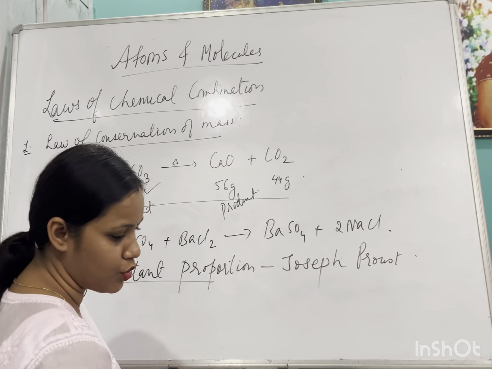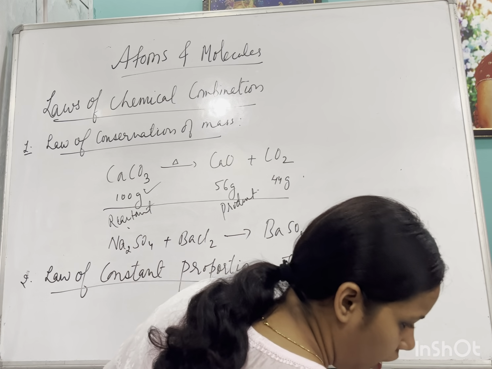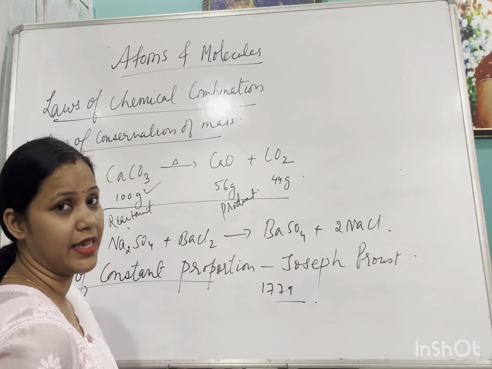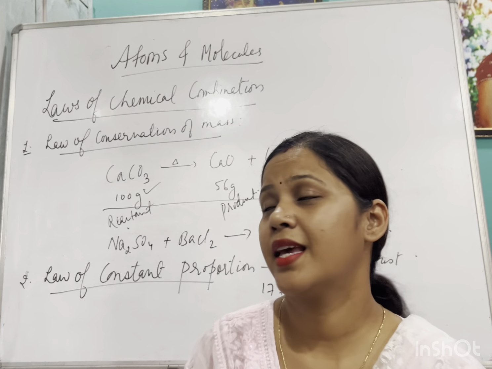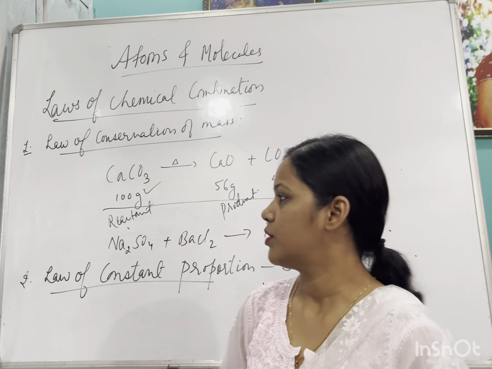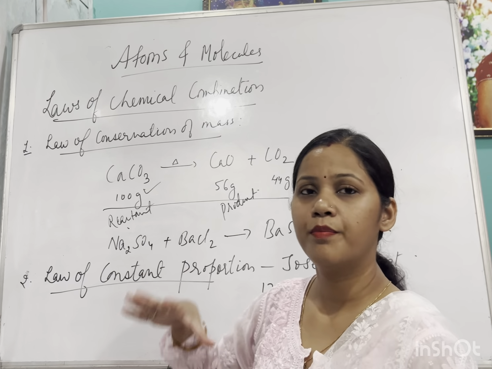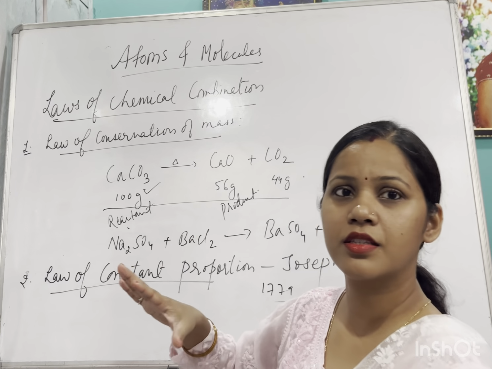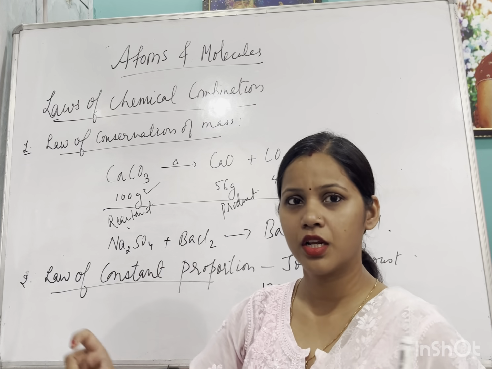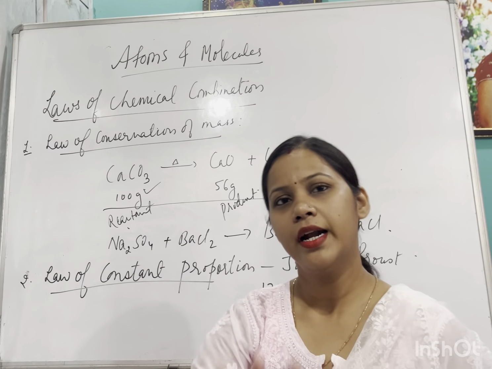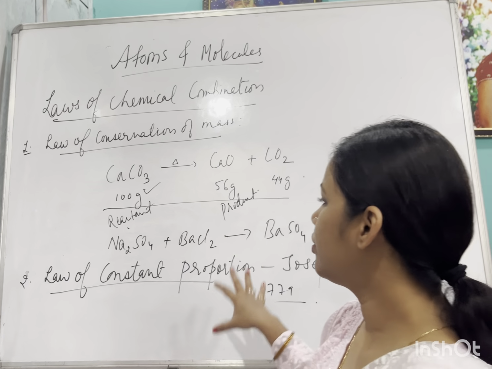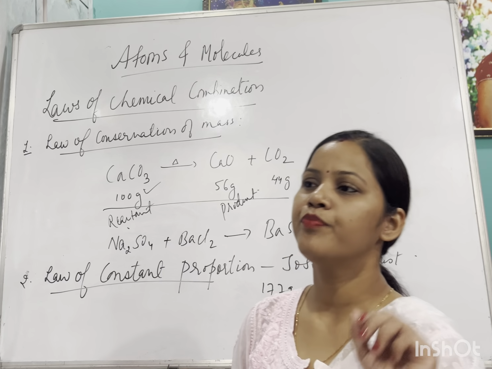It was given by Joseph Proust in the year around 1779. Now what does it say? The law says that whenever a compound is formed... I'll give the definition in the description. Here I have only explained, so the actual definition of the law will be put up in the description box. So the law of constant proportion was given by Joseph Proust, and according to this law, what it says is that